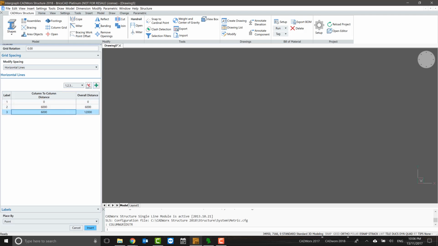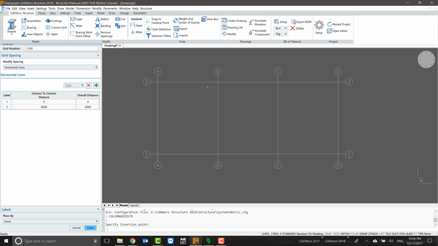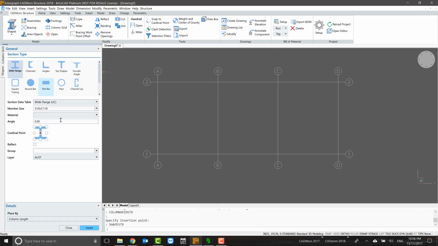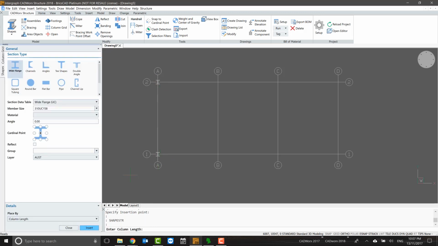First, let me add some grid lines to insert columns and beams along those grid lines. So I have inserted a few grid lines vertically and horizontally, and I'm going to add a few beams at the height of 3000. You can define column length, so it makes it easy to insert columns at the intersections of each and every grid line. Okay, so the rest of the columns are going to be 8000 high,